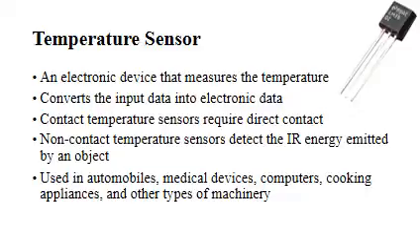Some temperature sensors require direct contact with the physical object that is being monitored. These are called contact temperature sensors, while other sensors indirectly measure the temperature of an object and are called non-contact temperature sensors. Non-contact temperature sensors are usually infrared sensors. They remotely detect the infrared energy emitted by an object and send a signal to an electrical circuit that determines